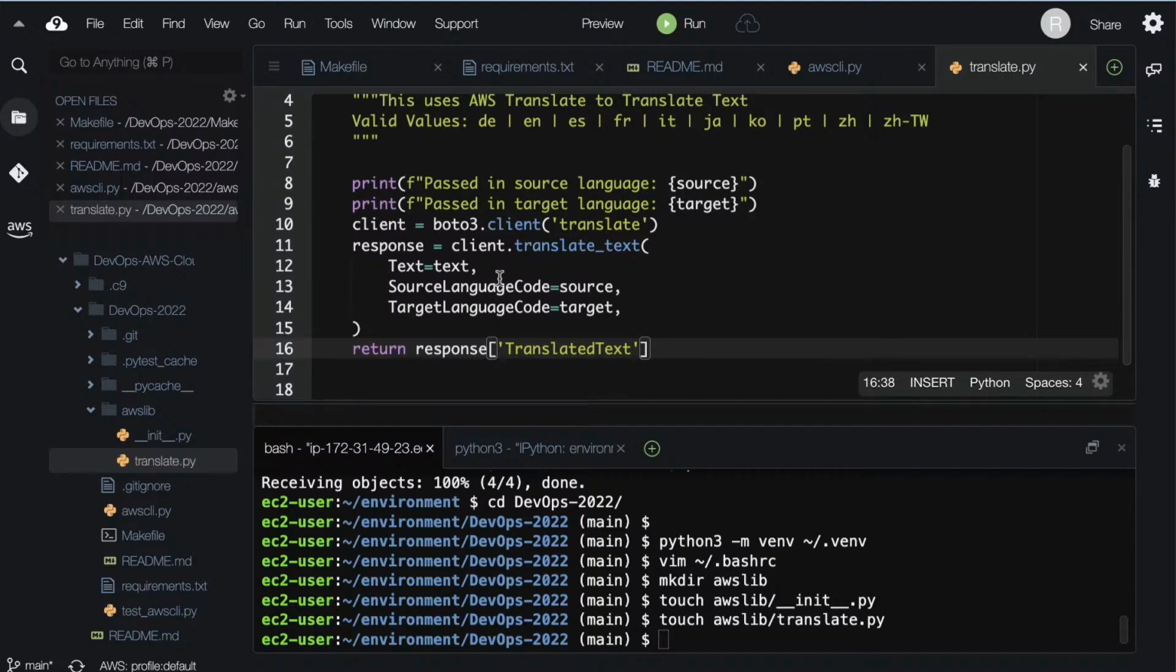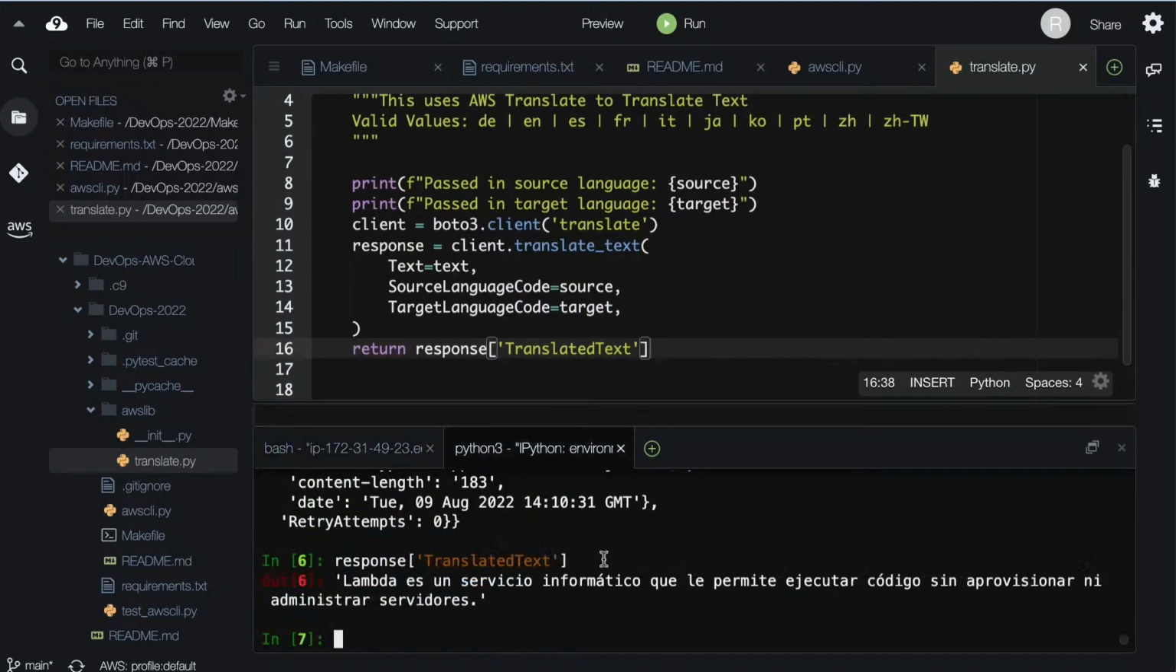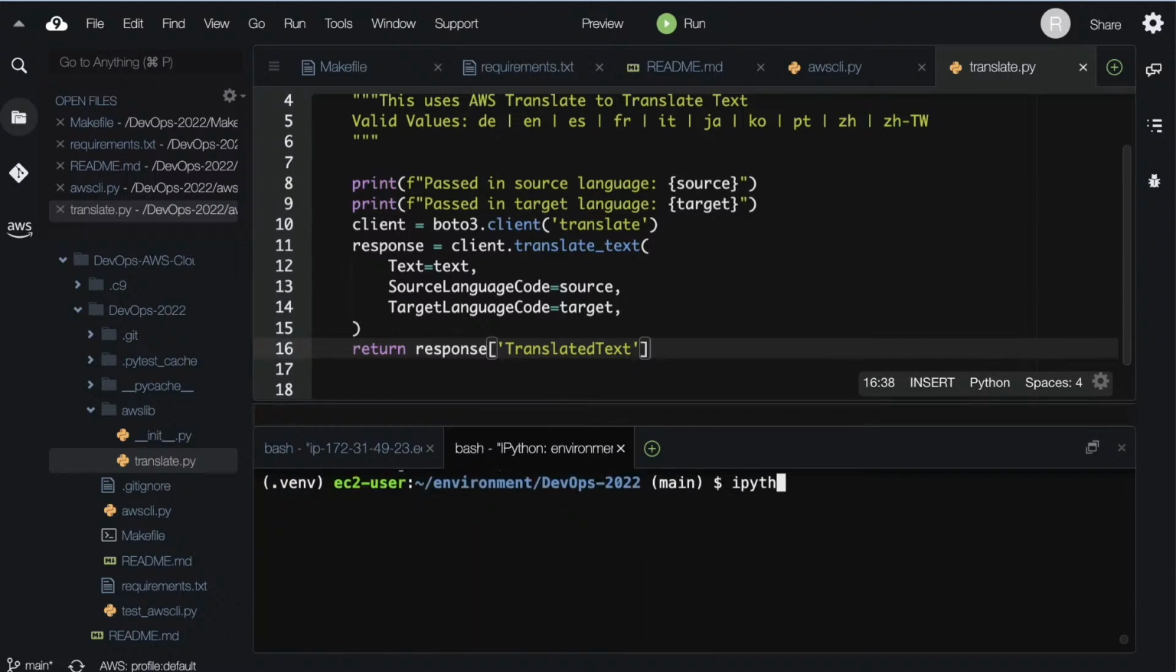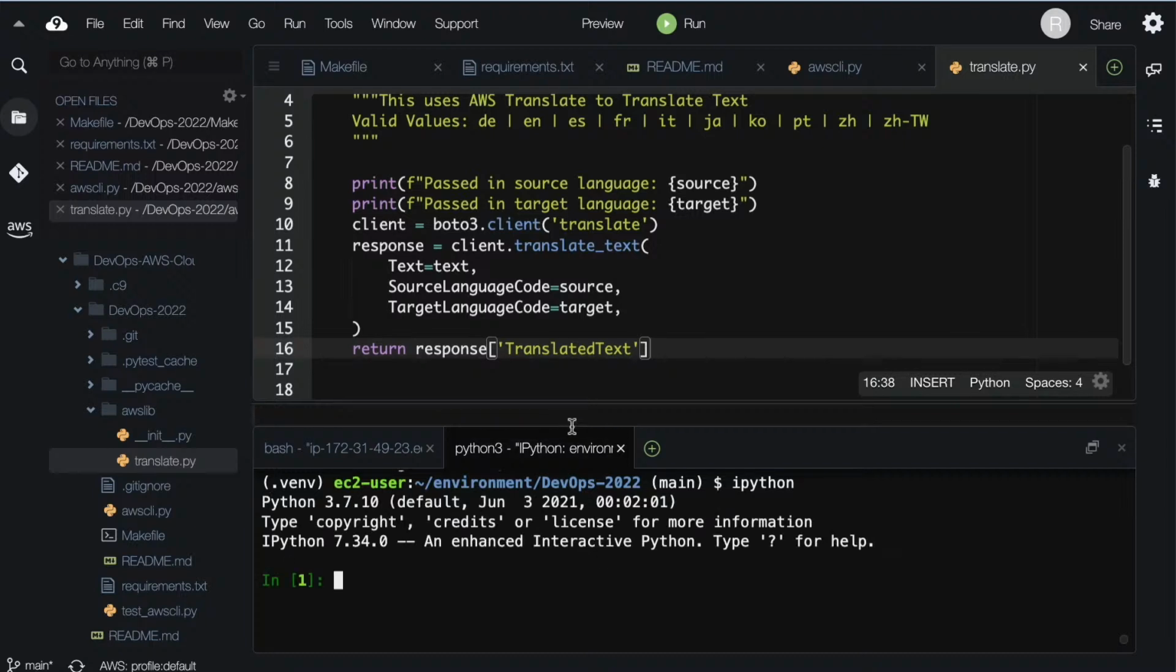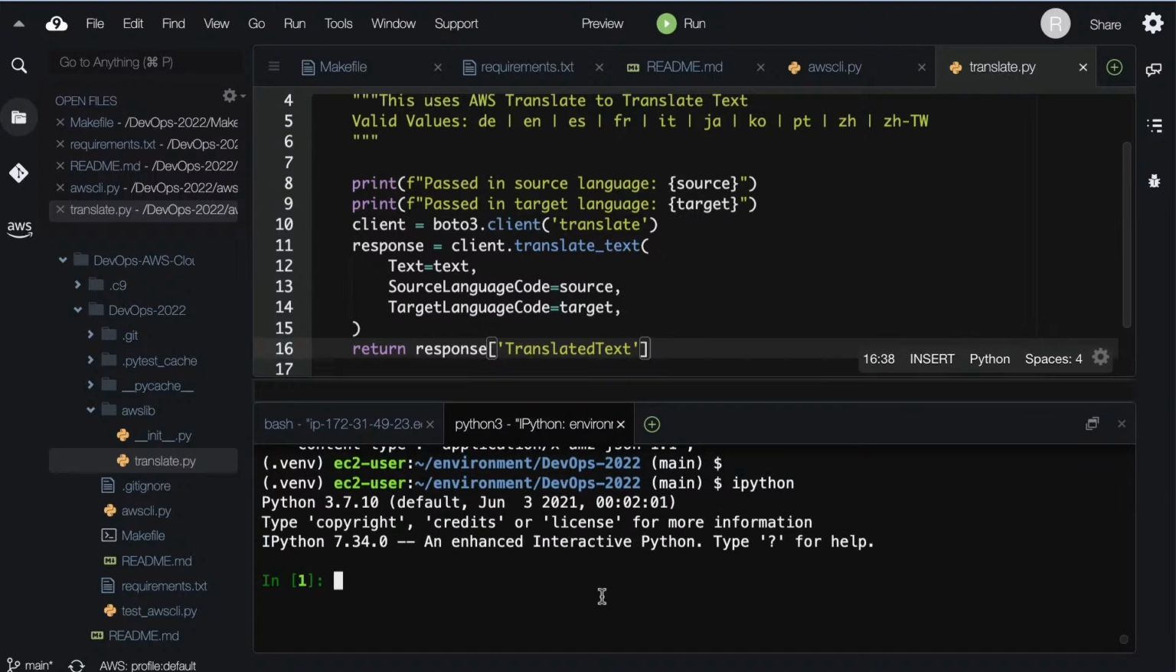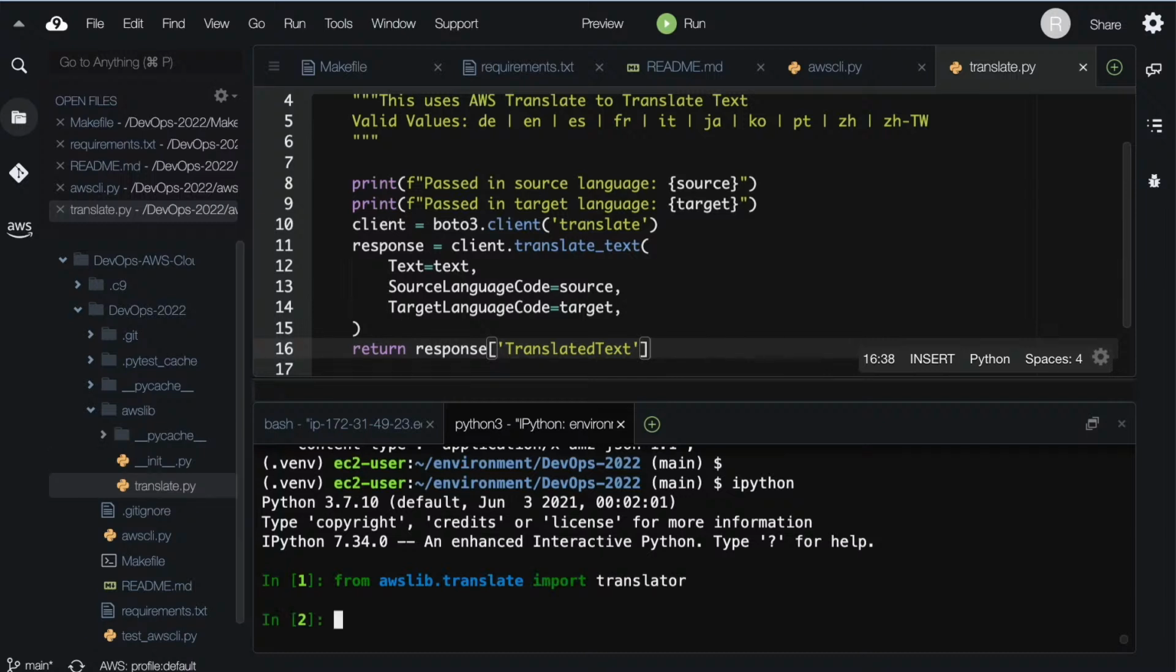So now let's try out our tool. If we go back here, I can just exit, type in IPython. And this again is how I like to test out a library. I would go through here and say from aws lib dot translate import translator, and it should autocomplete for me, which is one of the nice things about IPython. And then I could say result is equal to translator, like that, and we just need to pass in a value for text, and we could just pass in today is sunny,